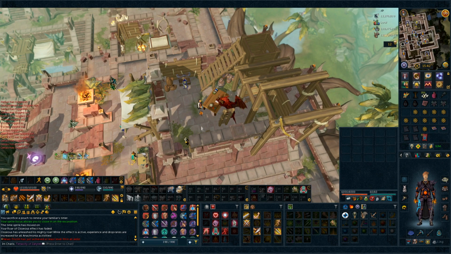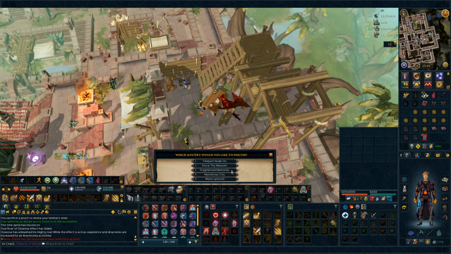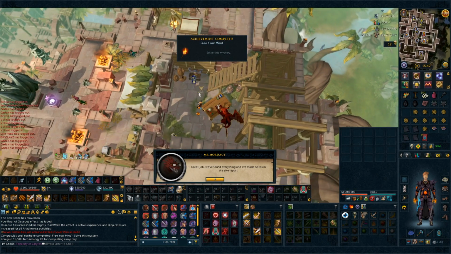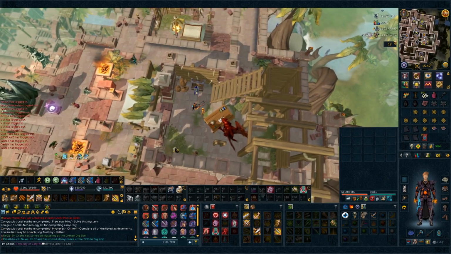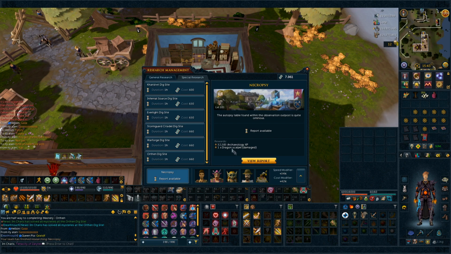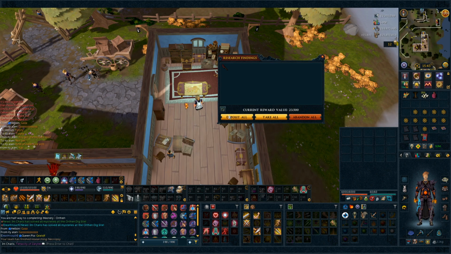We got all 4 pages of the last mystery that we had left, and I don't know what this one is called. I don't even have my thing on me, but that's it. 51k XP and all mysteries completed. As soon as we got all the mysteries, our last piece of research just returned, so we're gonna get 32k XP